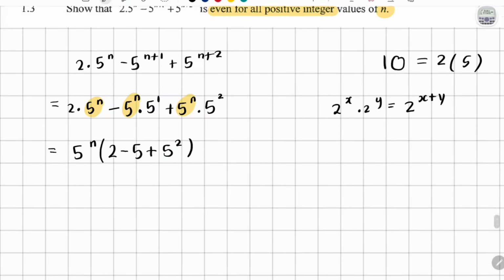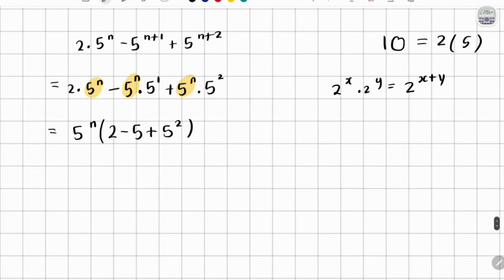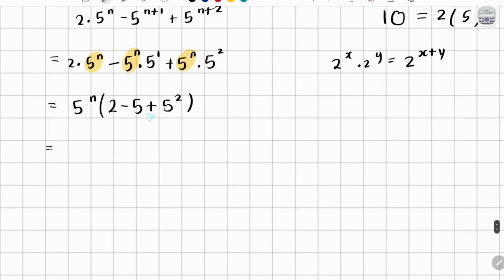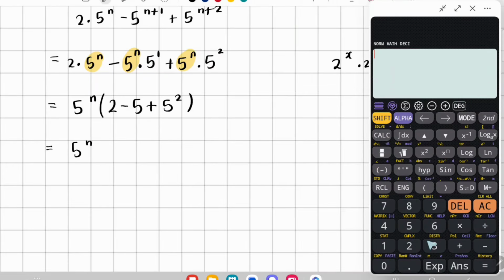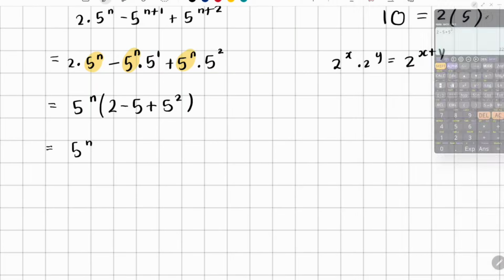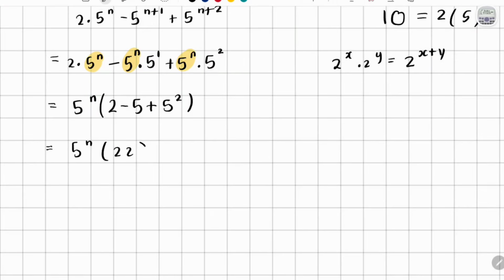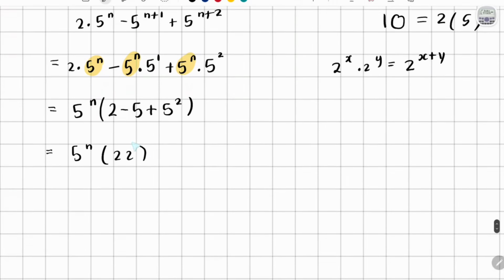Okay, this is looking good because we have numbers all through here. So you can just go ahead and simplify that. So 5 to the power of n multiplied by all of that. So what is 2 minus 5 plus 5 to the power of 2? That's 22. Okay, so it's multiplied by 22, and this already looks good. When you can see that you have an even number multiplied by this, okay, which of course n is going to be positive integer values, but then like this, we can already see that this is always going to be